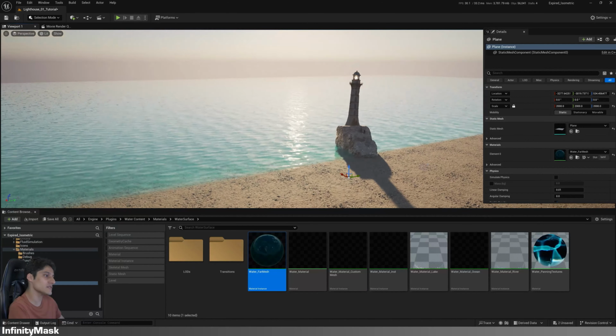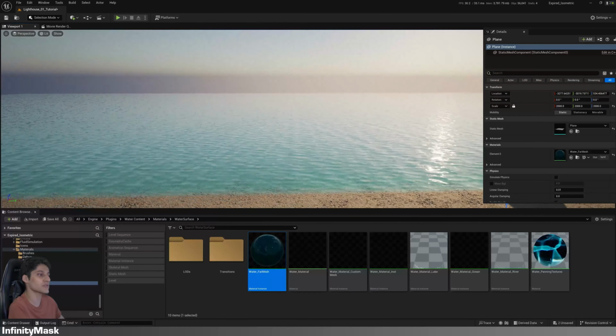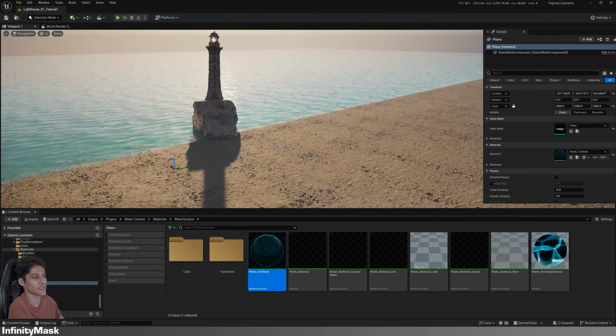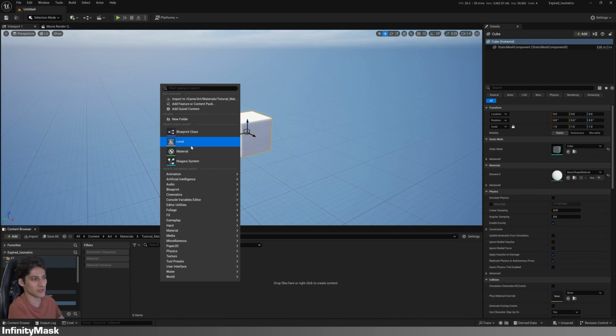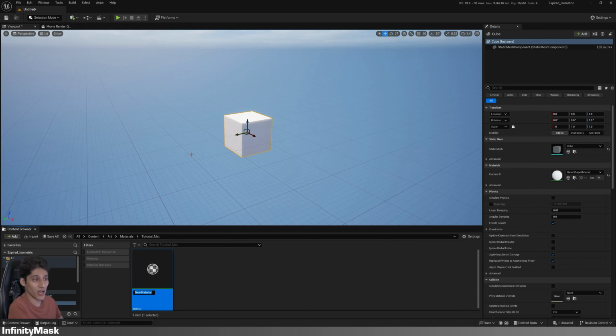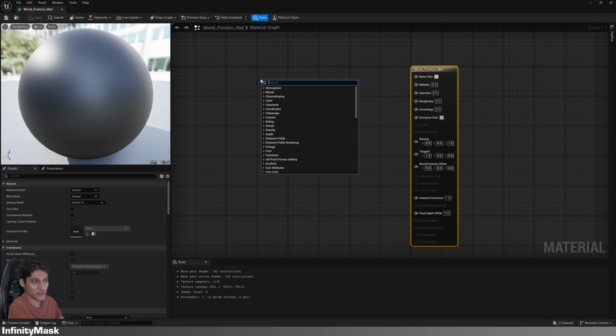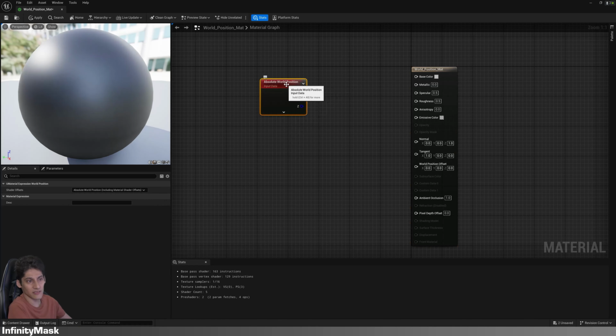Before proceeding, you need to understand some important basics about world position. In another level, I have a cube positioned at 0, 0, 0. And I've assigned a new material to it. If you search for world position and add it, you'll see a red node called absolute world position.